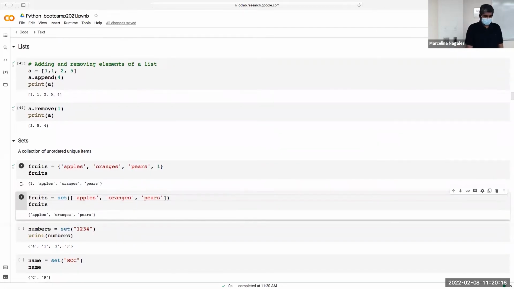So how do you create a set? Like I did here, that's one way. Also, you can convert a list to a set, right? It's easy. You can just use the set function. We'll get to functions later, but